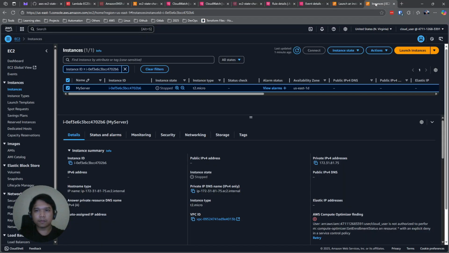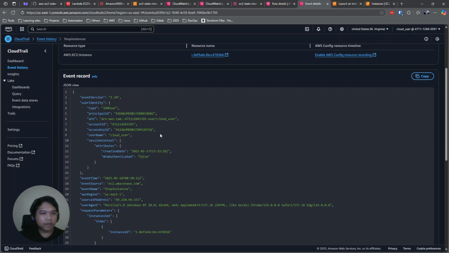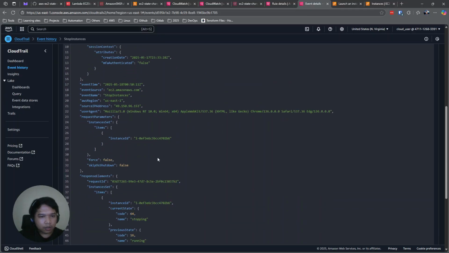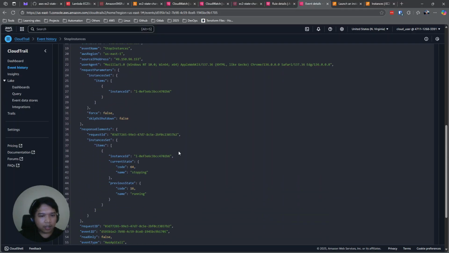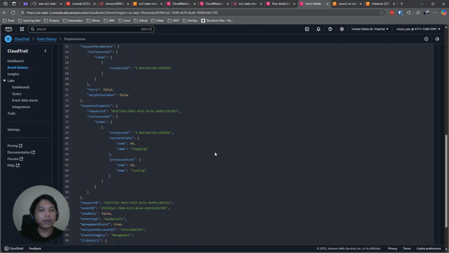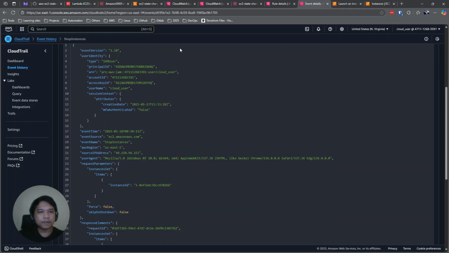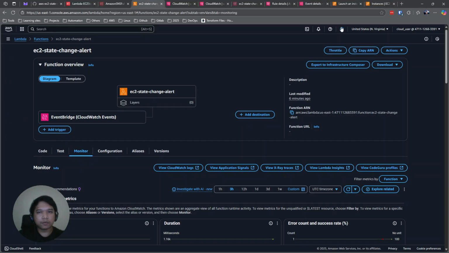Yeah, 02B6. As we can see here, in the event record, we're not seeing any kind of name tag, right? Which is why we need to have permission to describe the instance, to be able to get the name tag.